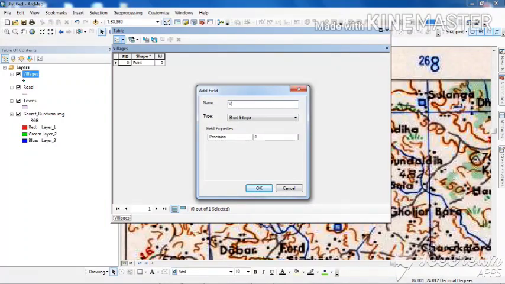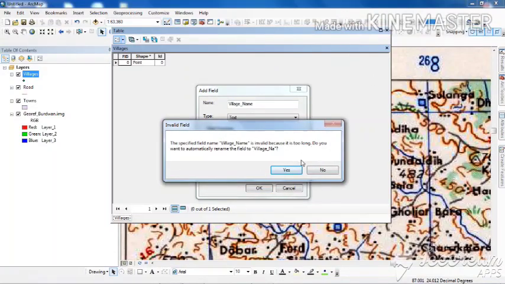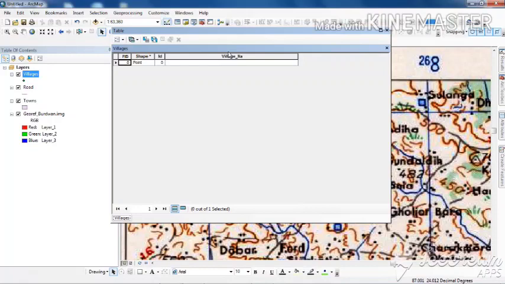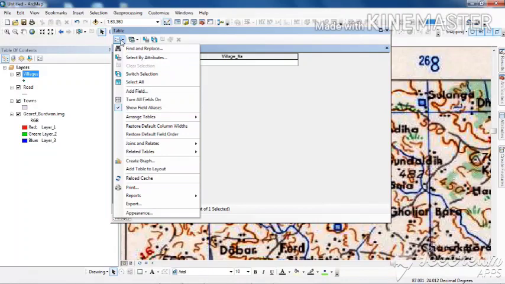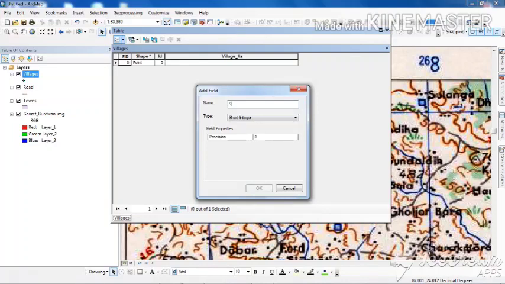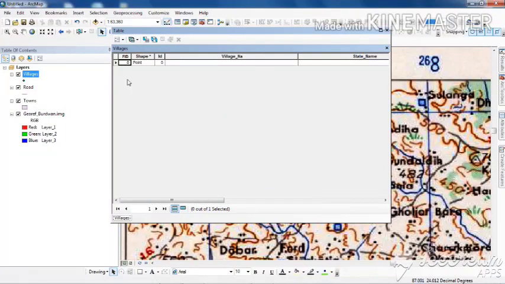Yeah, make it small, village underscore name. Now its type will be text, and 50 will be sufficient length. So you see this field is being created, and another field I am creating, that is state name, in which state it is present. I am selecting the text. So two fields are created.